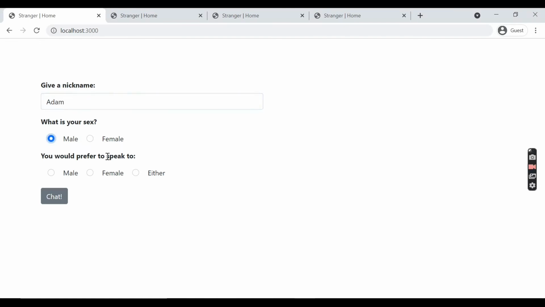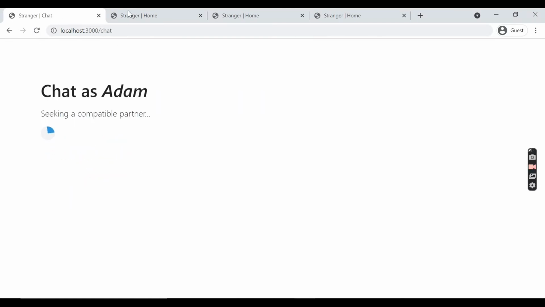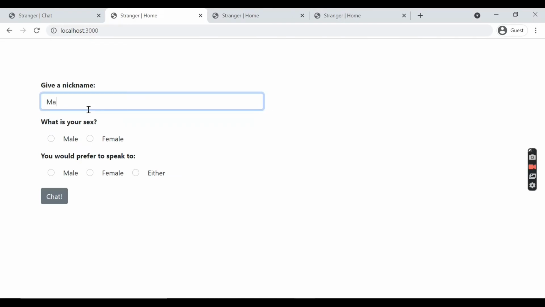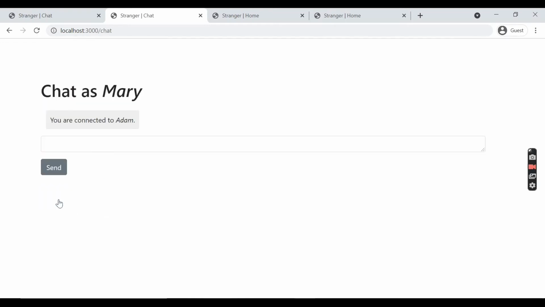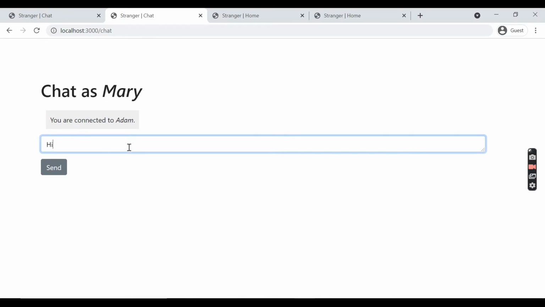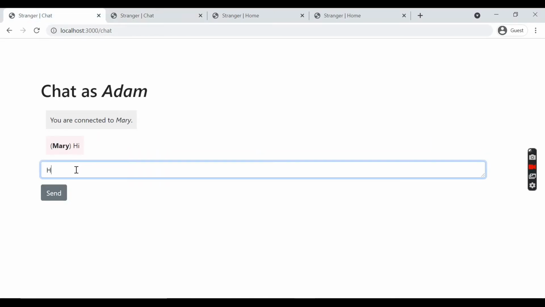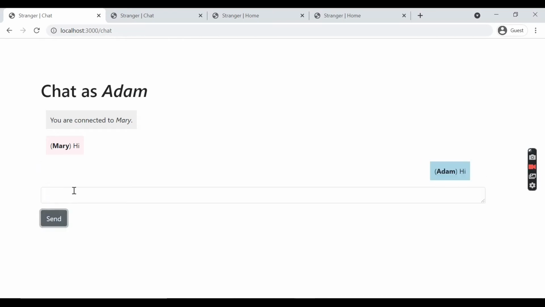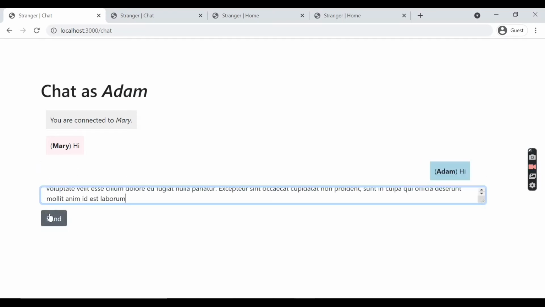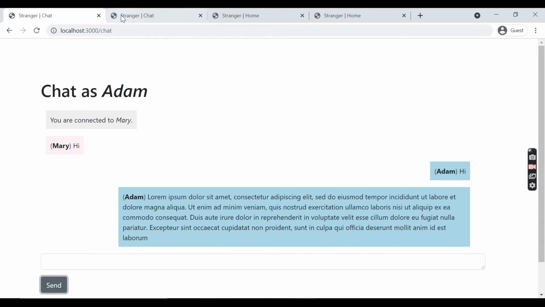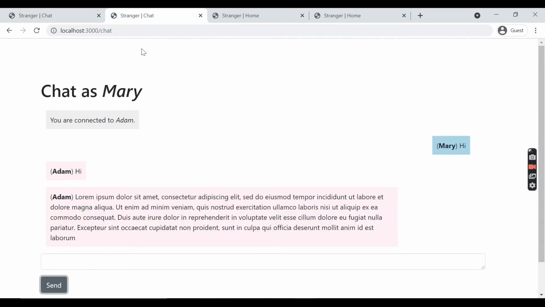Adam will join, wanting to speak to a female. Mary will join, wanting to speak to a male. And since they have matching preferences, they will connect. Mary can say hi. Adam can reply hi. Adam can send some lorem ipsum, or whatever else. Now,